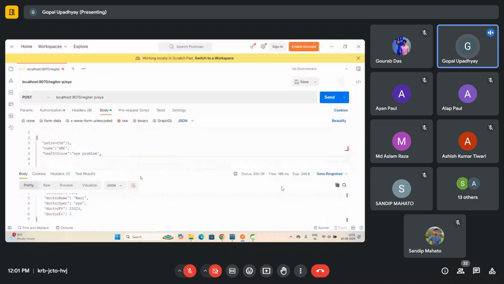Age I'll give as 5. So that's it. I'm giving this information for the patient. Okay, and let me run this code with the post. I'll just say I also am passing. So from the path variable is going to take everything, and you can see it's saying 404 because let me check for